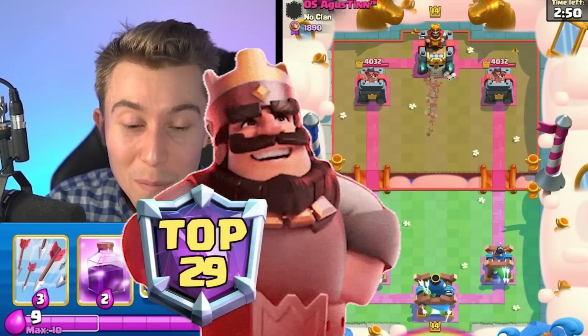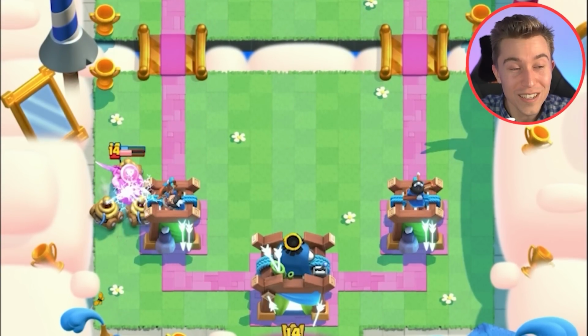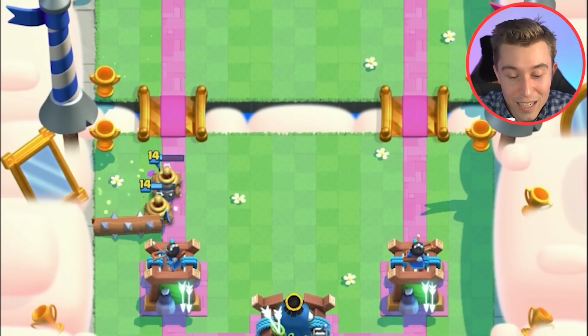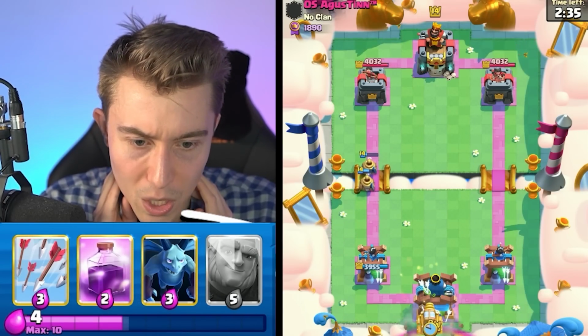Yo, this guy finished top 29 in the world. He's going to be absolutely insane. We're going to go for our Zappies here to catch the miner in the safe spot, which is never really the safe spot because it's the most predictable placement, because everyone doesn't want to activate King Tower Tornado, so they drop it there. We're going to go in for the Sparky in the back because we saw Log and Miner